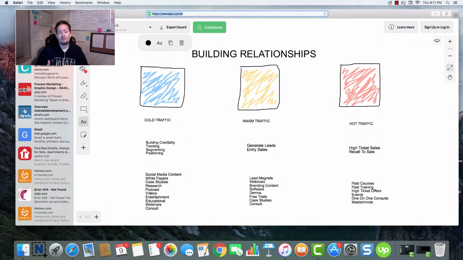For one, we can share our social media content. If your social media content gives value, this is going to attract people to your social media platforms. We can also use white papers, case studies, testimonials. These are all great ways because when people see other people talking about your service in a good way, that's going to build a little bit of trust with them. It may not give them complete trust in what it is that you do, but it begins that nurturing, that building a relationship, because the ultimate goal is for them to know, like, and trust us and eventually become a client or become a customer.